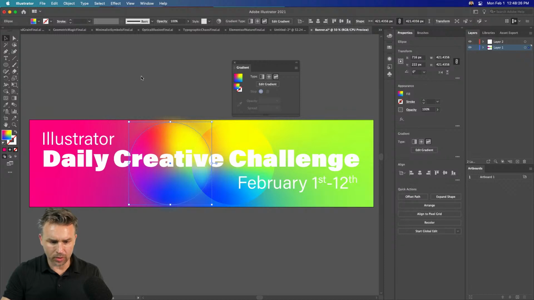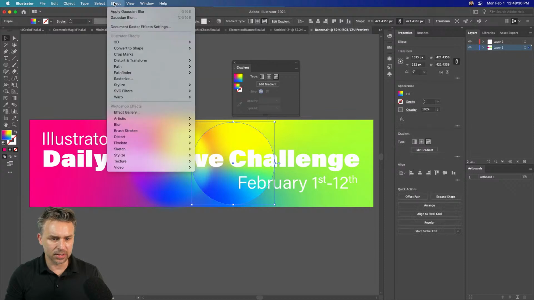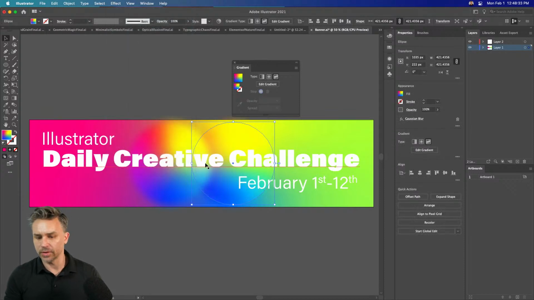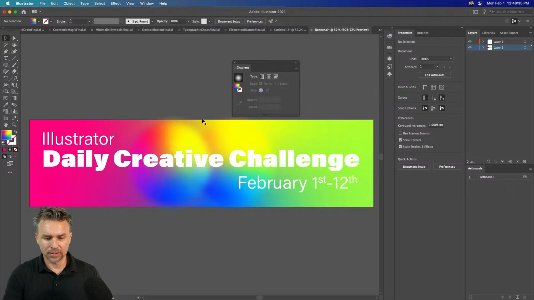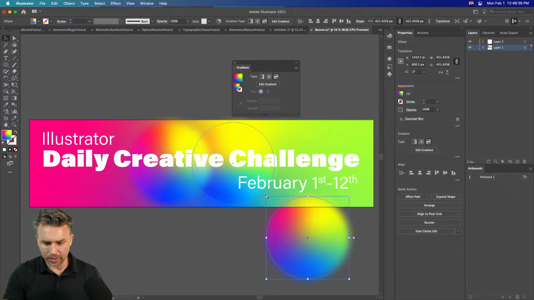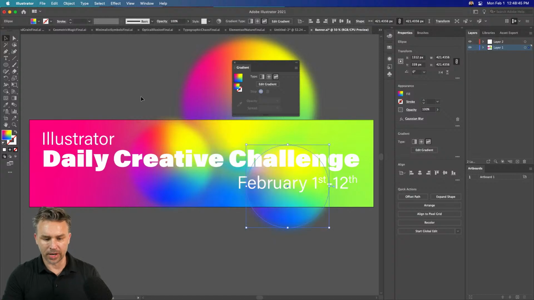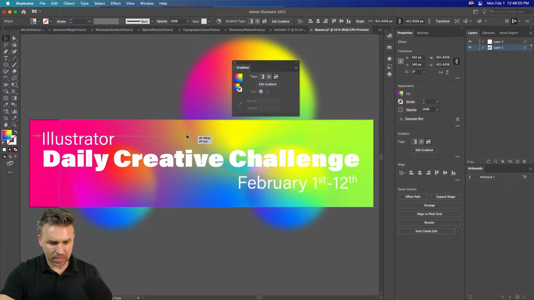There we go, 74 pixels, something like that. Ooh, look at that cool blur. Awesome. Apply Gaussian blur for this other shape as well, right? And now I have these cool, fun spheres that I can work with. So I can actually have one larger, and maybe this one's up here, just playing around with this, creating these cool spheres of color,